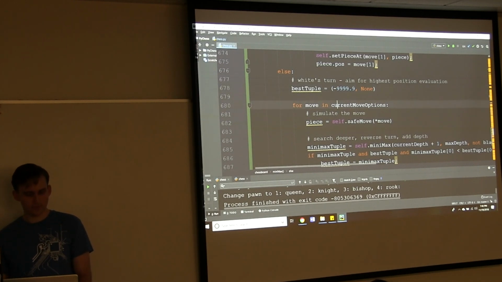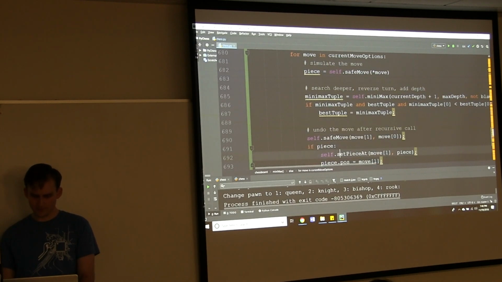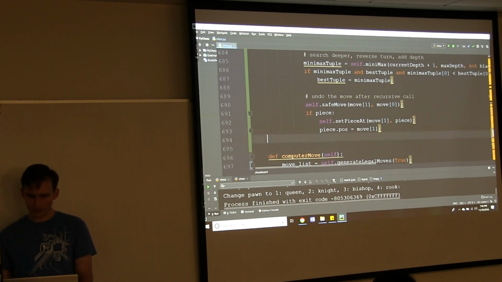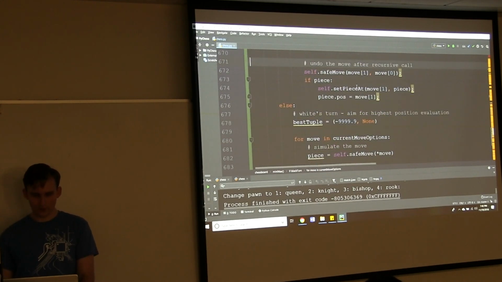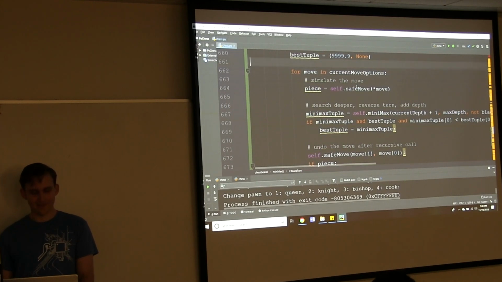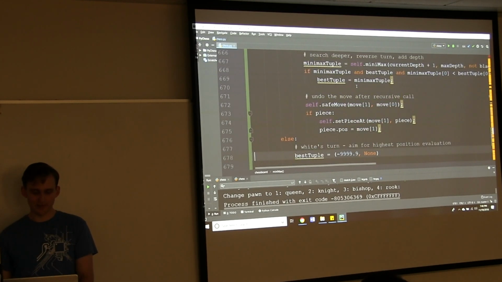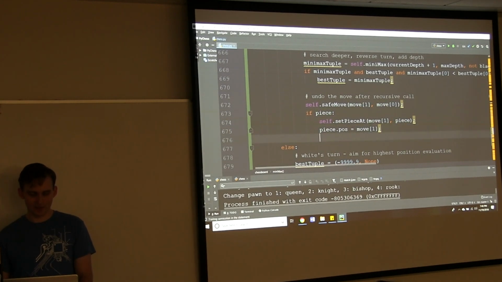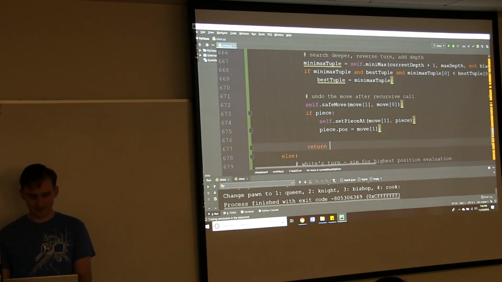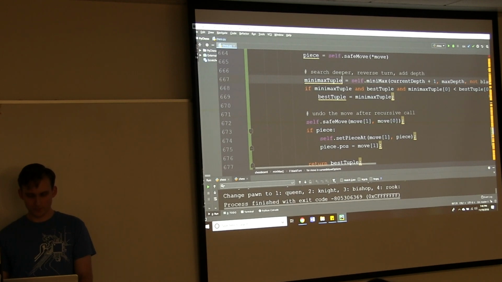Starting tuple should be black winning by a lot. I think that's actually the only change that needs to be made. But just to be sure. Oh, okay. I forgot to add a return statement, so you definitely need to return something if you are black. Can't get away with not doing it.